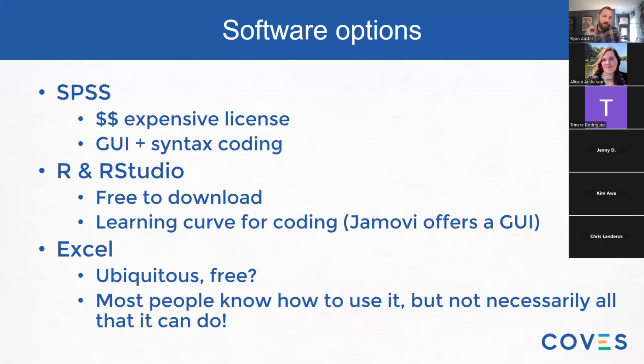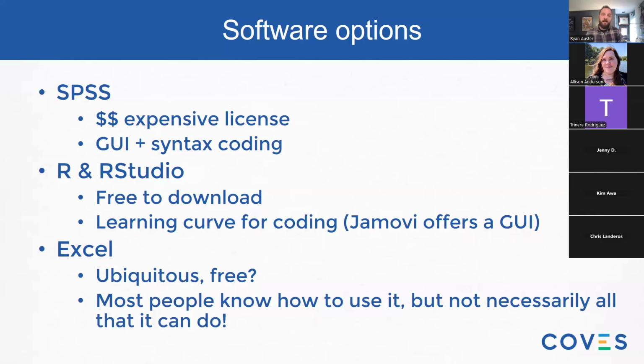R is free to use. It's available on the web, easy to download. RStudio is kind of a window control that allows people to plug in R and do a lot of what I just mentioned about SPSS. It does require a little bit more of a learning curve around the coding, but the Jamovi platform also runs R in the background and has the graphical user interface. So no one selected that as their preferred software, but maybe some of you R users could play around with it to see if that helps. If you're already a coding expert, there's no need to go to Jamovi, but if you're thinking about learning R, Jamovi may be a good entry point.